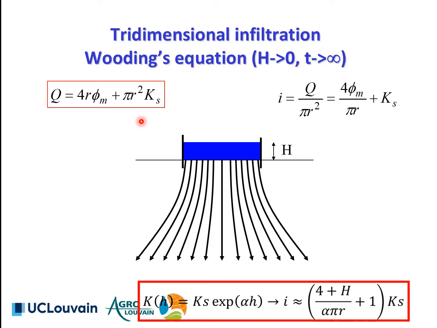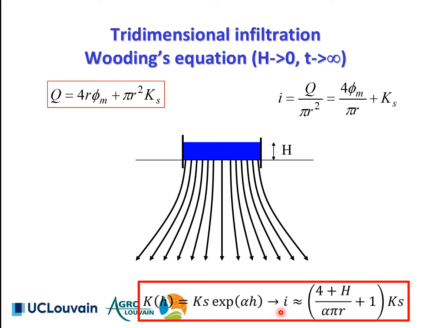In case of infiltration from a single ring infiltration device, we can rely on the Wooding equation that allows to calculate steady-state discharge Q from a single circular source. In Wooding's equation, the steady discharge Q is calculated in terms of the matrix flux potential Ks and geometrical properties of the infiltrometer. Dividing the discharge by the surface area of the infiltration disk allows calculating the steady-state infiltration rate I. If we consider a hydraulic conductivity curve that is modeled by means of the Gardner exponential model, we obtain